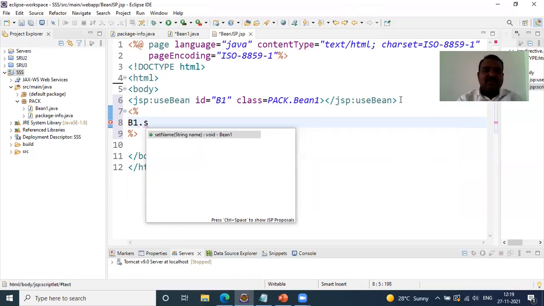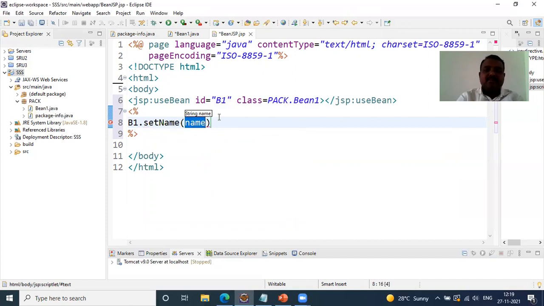I have a method called setName. I'll pass some argument into this one, and my argument is something like Michael Jackson. And then we close the statement.